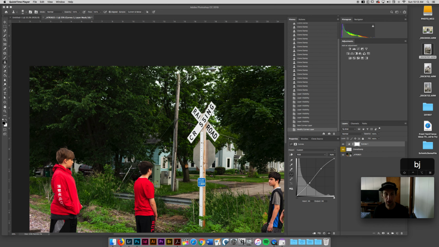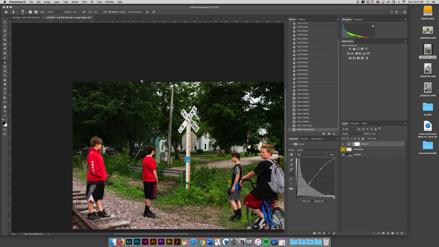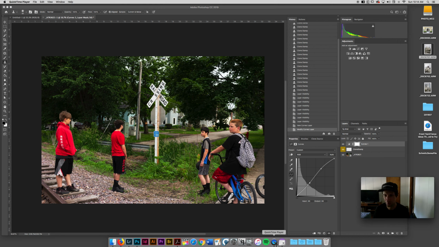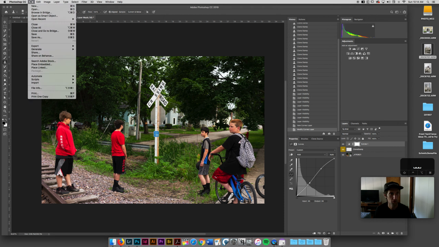So now I have got this edit where I want it. I like what's happening with this image. Maybe I don't, but either way, I like what's going on. I like where we're at in this image, and I'm ready to go ahead and save this. So what I'm going to do is, when I'm in Photoshop, I'm